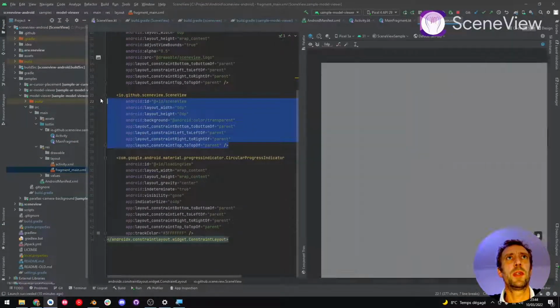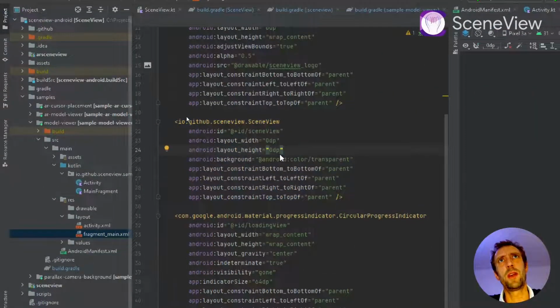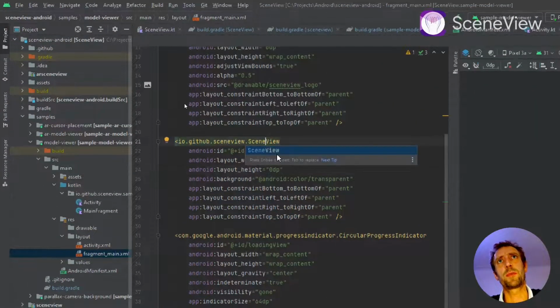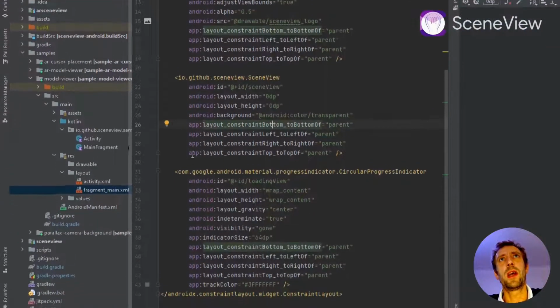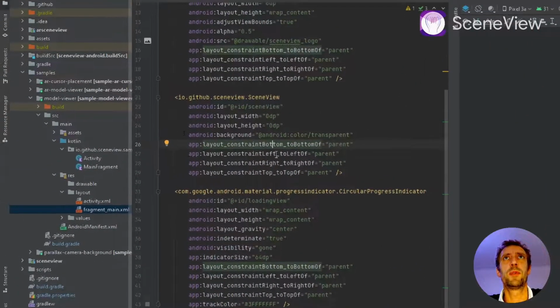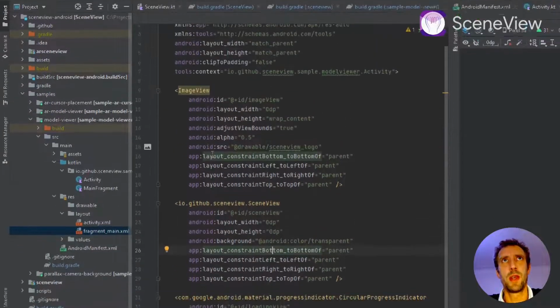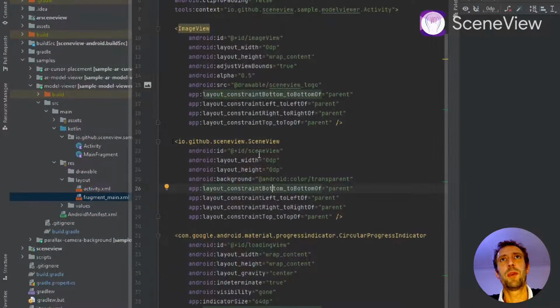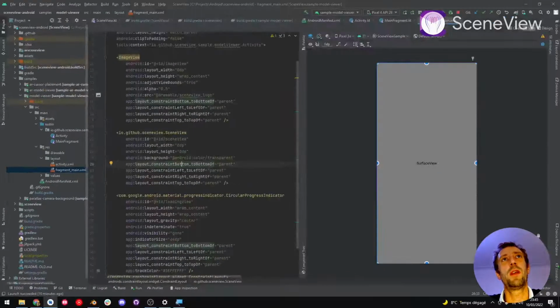As you can see, you can include the SceneView directly, like any standard Android view. Compose is coming next. We have people working on it, but it will be available soon. So a standard Android view, we can here define